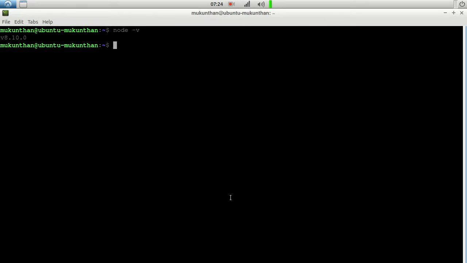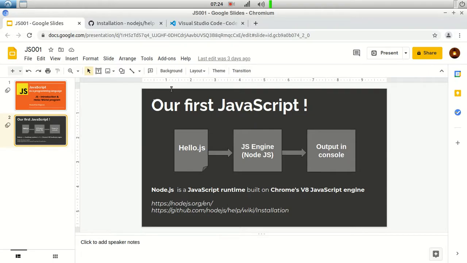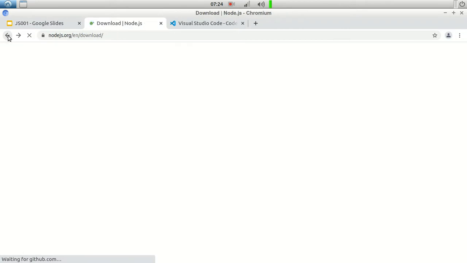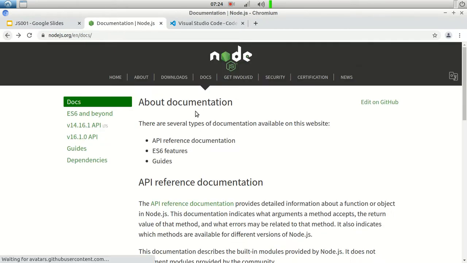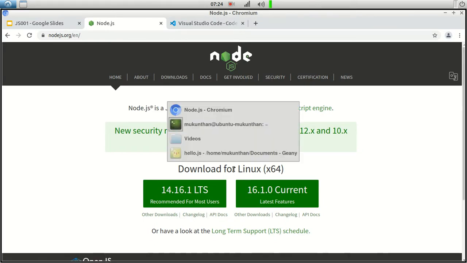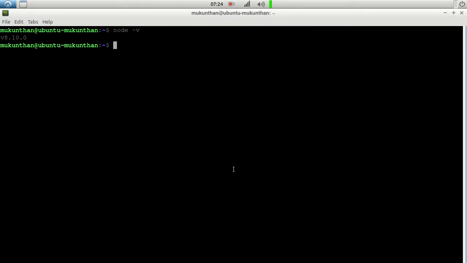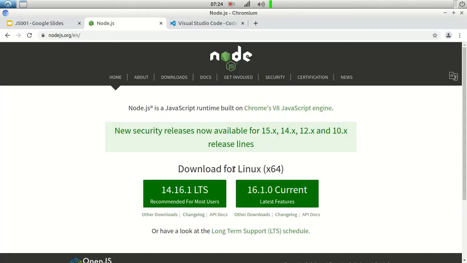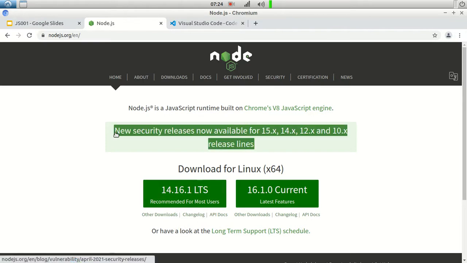It may be a very older version, but in your case, if you install the latest version, you will have the latest version, whichever you have installed from the Node.js site. For example, currently Node.js has, I think, 14.16.1 LTS. So for the starting purpose, we can have any version, no matter, but if you want a specific functionality at a later time, we can install the latest version.